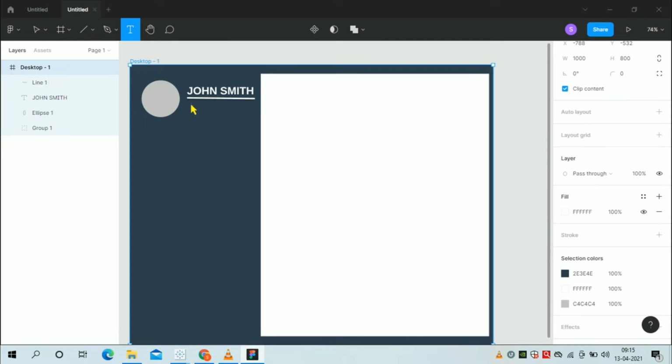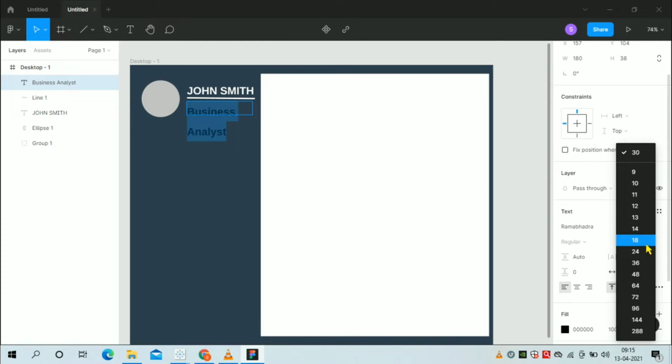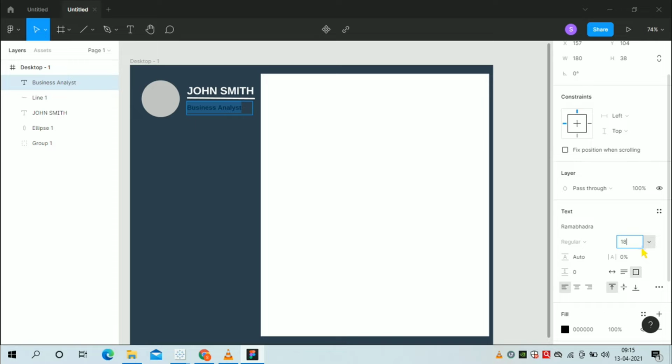Now you can add the text, that is, business analyst. You can add your position, whatever it may be, just add it. Adjust the font. Give it a white color so that you can see it properly.